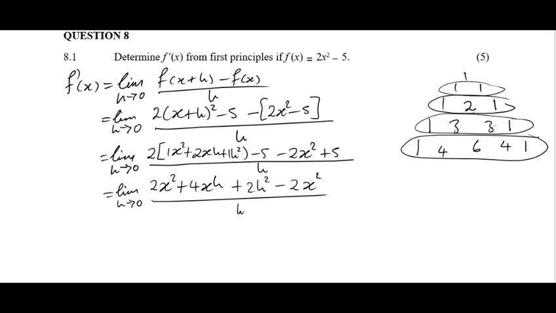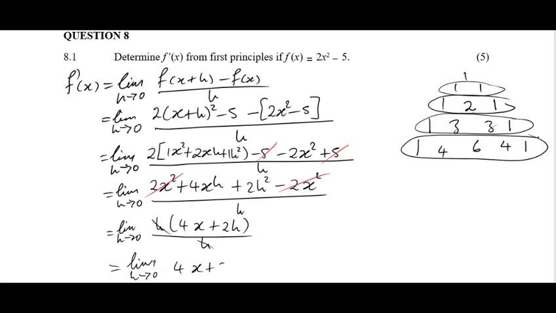All divided by h. So as the limit of h approaches 0, again I've got a like times lang, whereby this and this cancel each other, and then I'm left with 4xh plus 2h squared. There's a common factor coming, which is h. I can take out the common factor h, and then lang sala no 4x, and then lang sala no 2h, all divided by h. Then cancel on as the limits of h approach 0, ka 4x plus 2h,